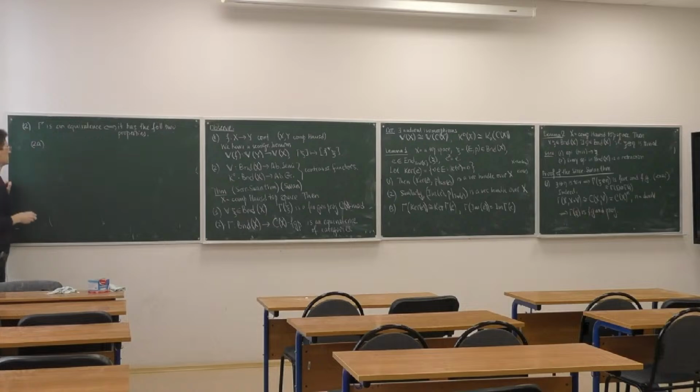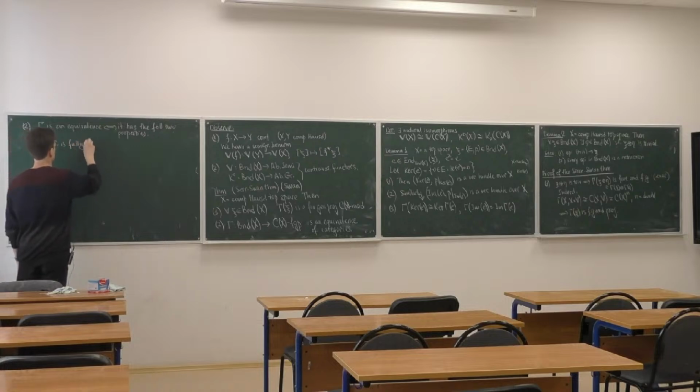The first, denoted by 2a, is that this functor is fully faithful. Gamma is fully faithful,